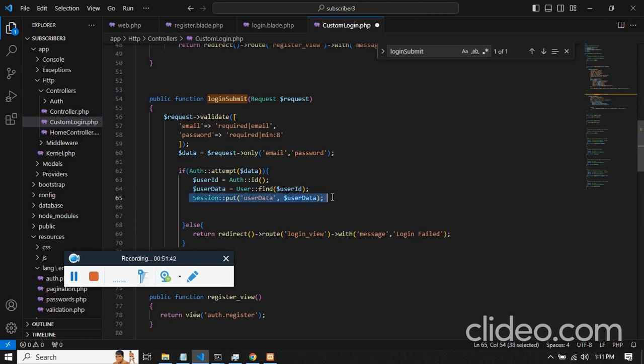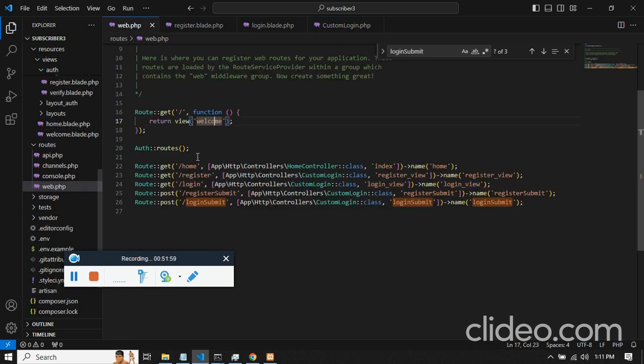So that's the reason why I'm putting this into session. Now once this is done, we can say them to redirect to the home. Home. So when there's a call for URL home,